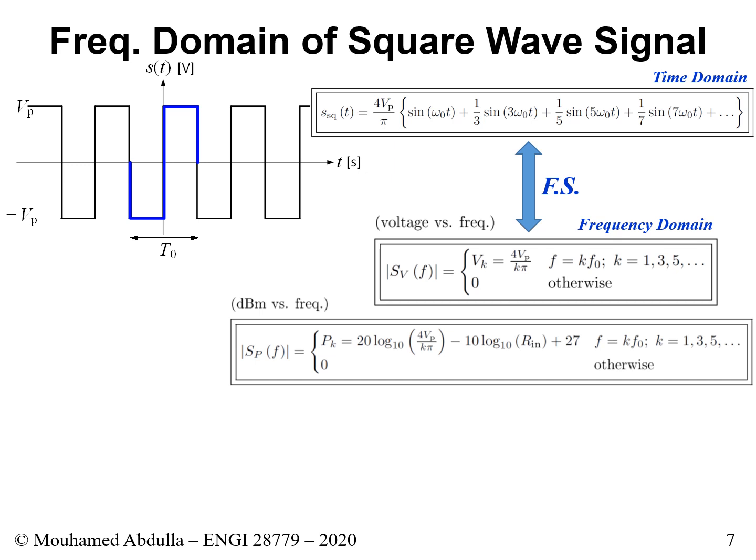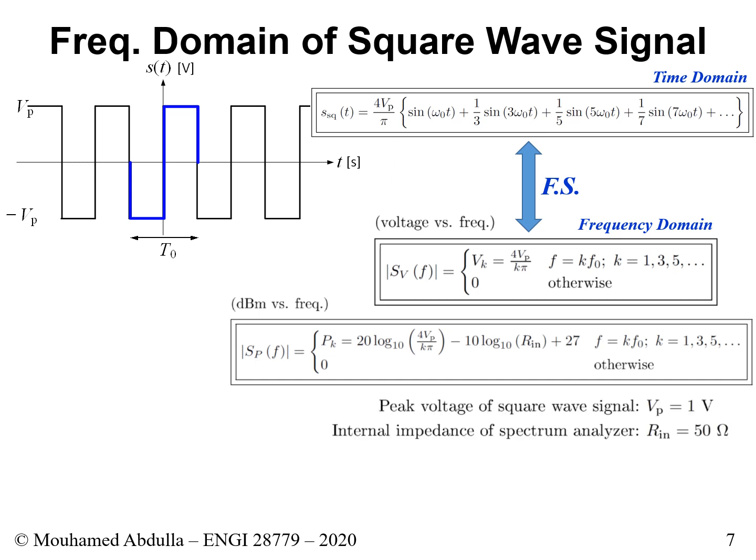So let's use this. And let's consider some values in order to plot the frequency domain. Let's consider the peak value of this square waveform. So a +1 here and -1 here. So the peak of the square waveform is 1 volt. And let's consider an internal impedance of the spectrum analyzer to be 50 ohms. And we said this is reasonable with the spectrum analyzers that we typically use. Okay, so if we plug it in this expression, what do we get for the different values of